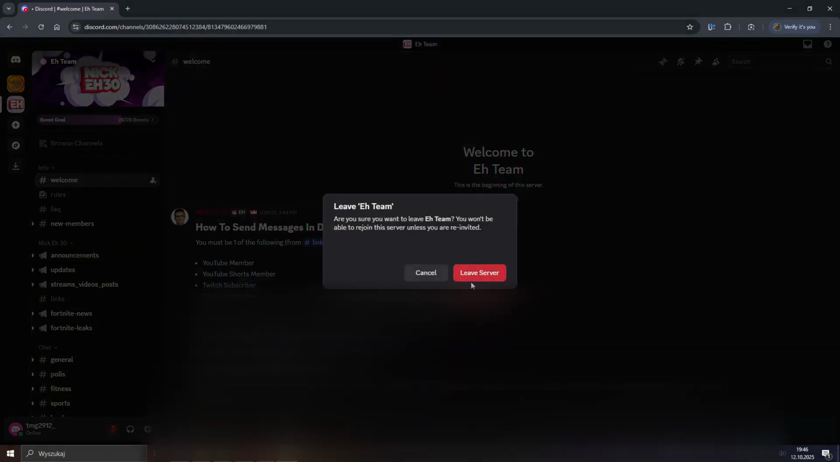And after that, click on the server name in the top left corner. And after that, select Leave Server from that menu. And last but not least, confirm that by clicking on this button, and that is going to allow you to